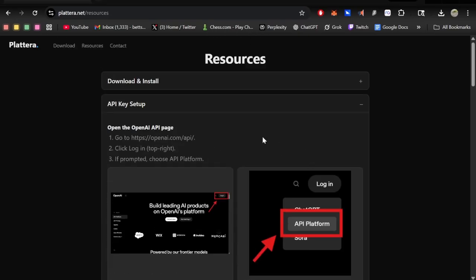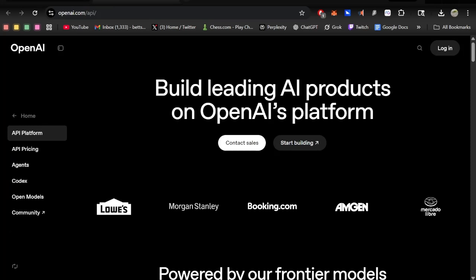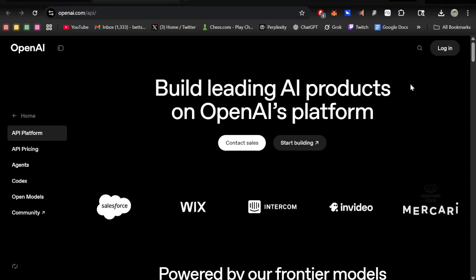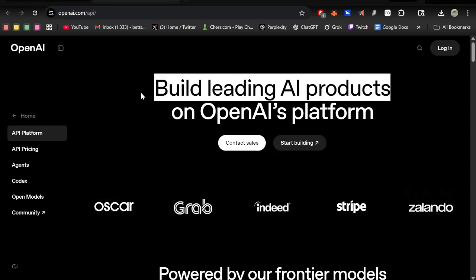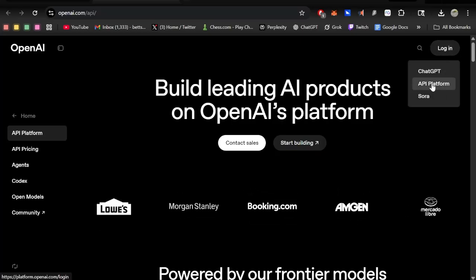The app is set up with OpenAI's API, so you need an OpenAI API key, and you can follow the link here or just Google OpenAI API platform. They have a dedicated website page just for API sign in. And so on this page, you want to go to login, API platform,